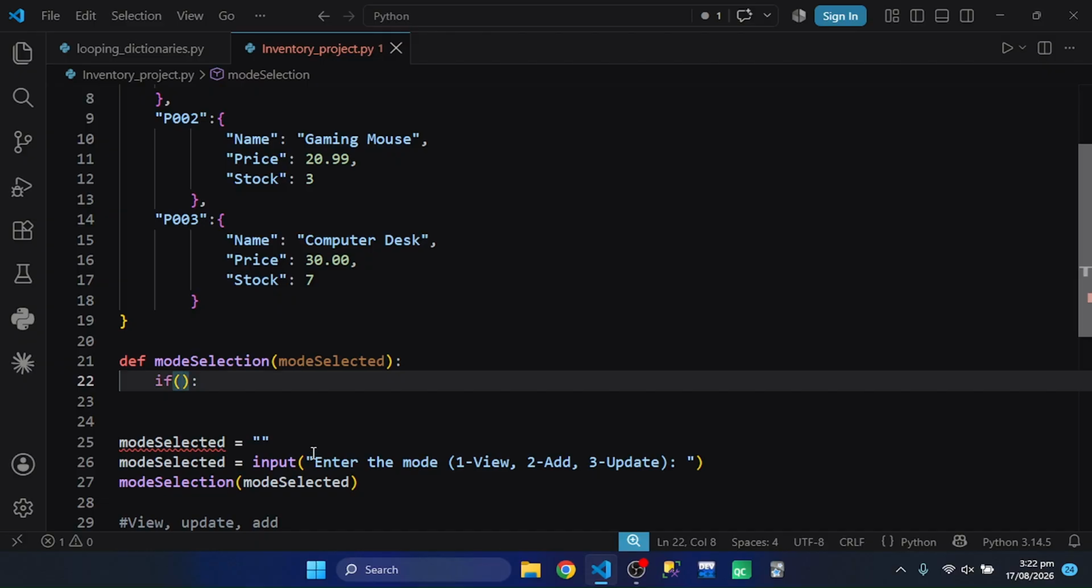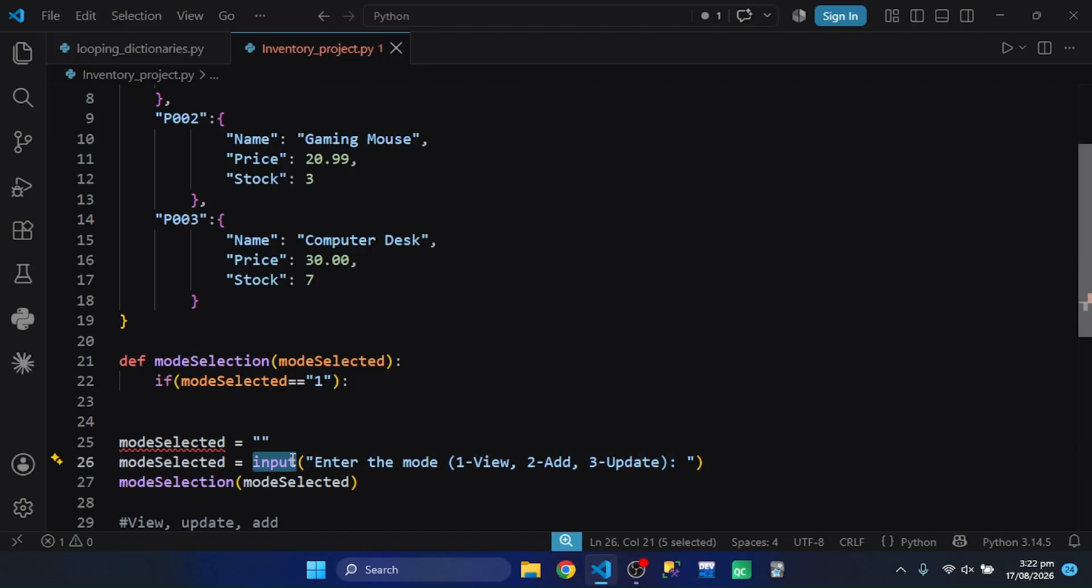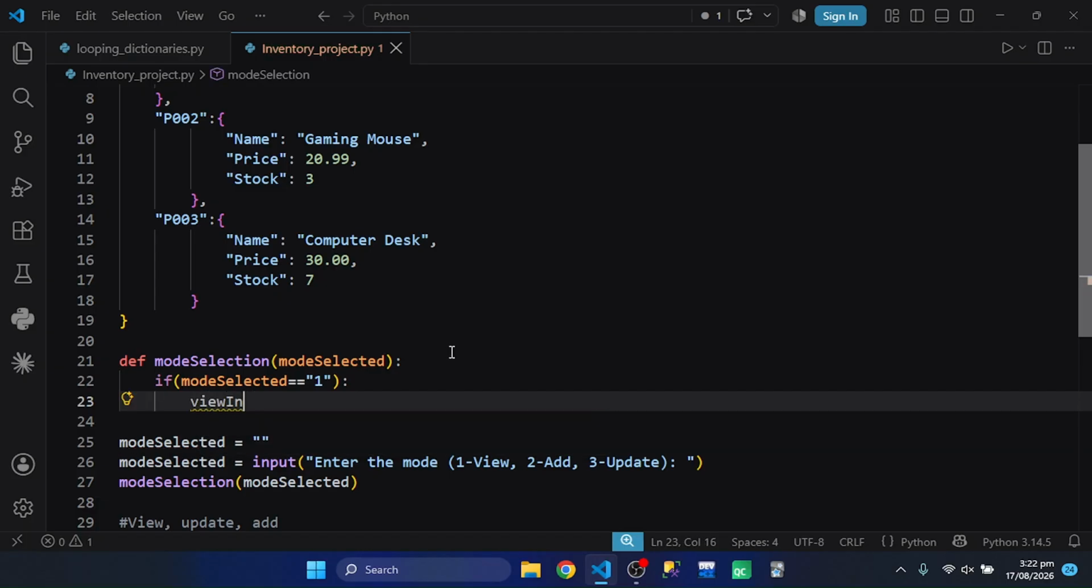Here we will check whether it is equal to 1. Why am I comparing this, or checking this, as a string? Because the input function returns everything that the user has input as a string, no matter what the value is. So we will call here our view inventory function,